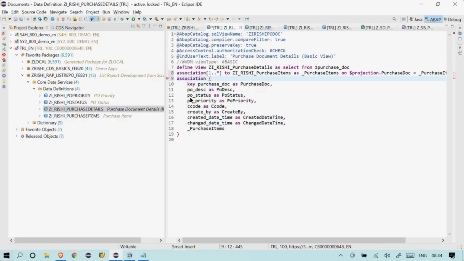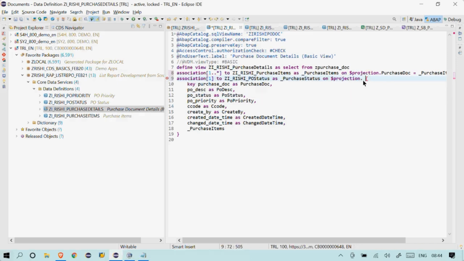Okay, so I'll add another association. What should be the cardinality here? It could be 1 to 1, or I can simply say 1, because for each status there will be only one record. And to my PO status, as purchase status, on projection, it will be the status code, right?